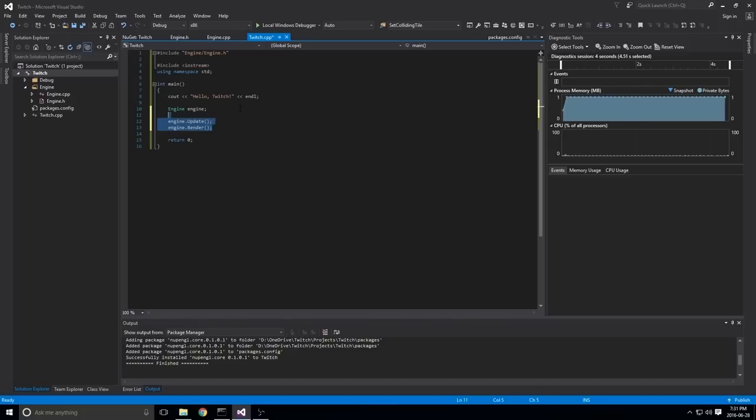Now obviously this is only going to happen once, so we want to put that in a loop. So let's say while true, just for now, to make sure that this is all working. So while true is an infinite loop that's going to update our engine and then render it. Update is just going to make sure that we can pull those events so that we can move the screen around. Render is going to make sure that we clear that back buffer, draw basically an empty clear color to it, and then swap our buffer so our view will always get updated.